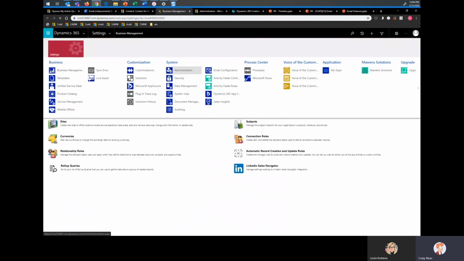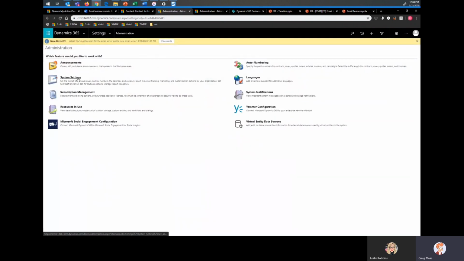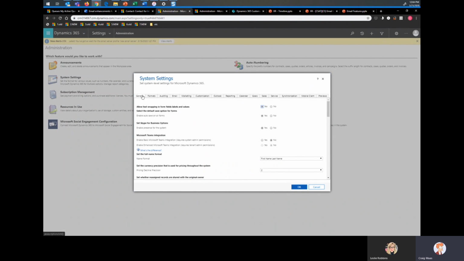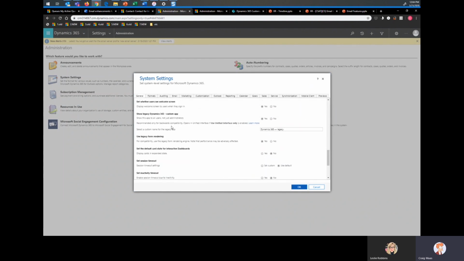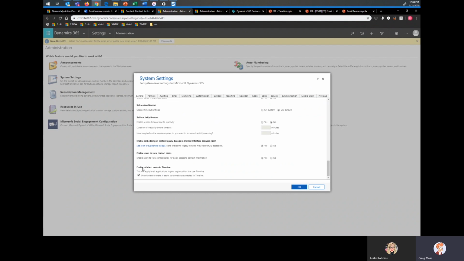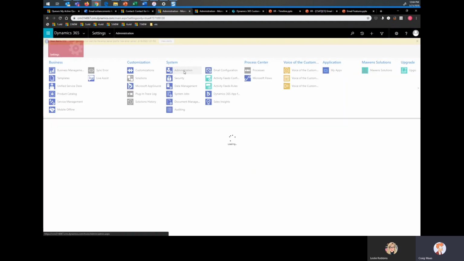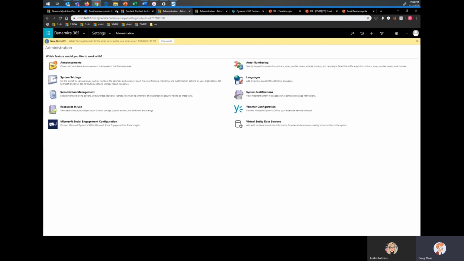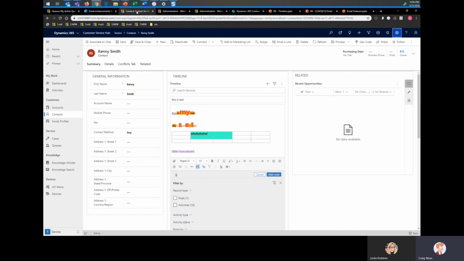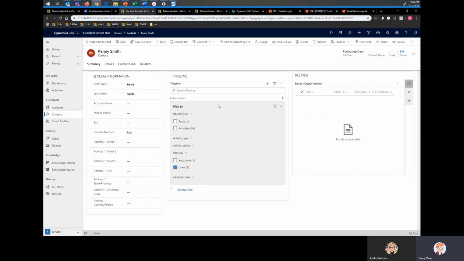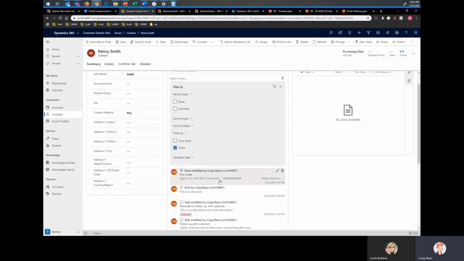We're just going to go into administration and system settings. And now on the general tab, scroll down. Down at the bottom, we have enable rich text notes and timeline. Just uncheck that, okay your way back out, and you will no longer have rich text notes enabled. Now, when you do that, if you go back in here and you add the note and you've turned off rich text notes, you will see the literal